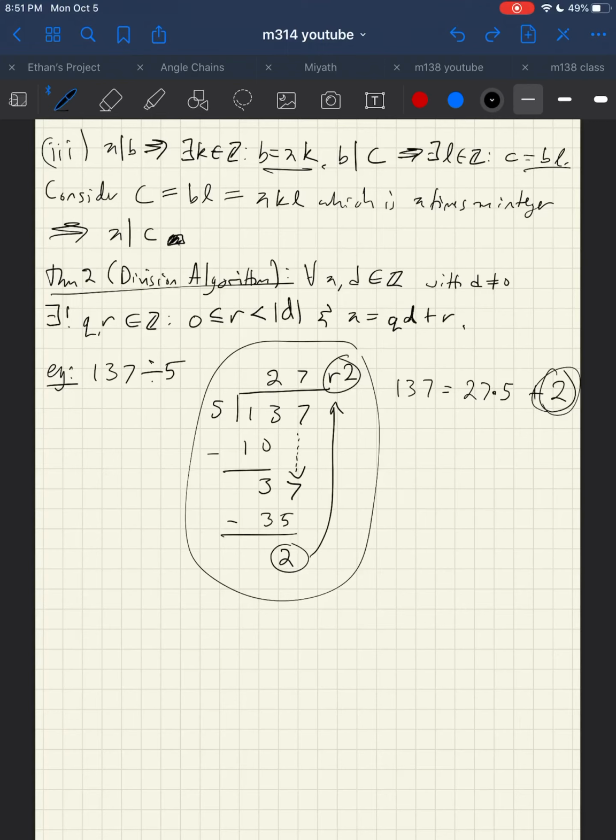Dividend, divisor, I can't remember the names of these things. Then I also have this tells me how many times this number goes in here at most, and then there's maybe some left over. So this division algorithm is what's making this calculation and this calculation at each step. It's a theorem, it's not an algorithm, but it's a theorem that's used in an algorithm for division, so I guess that's where it got the name division algorithm. Anyways, we're going to